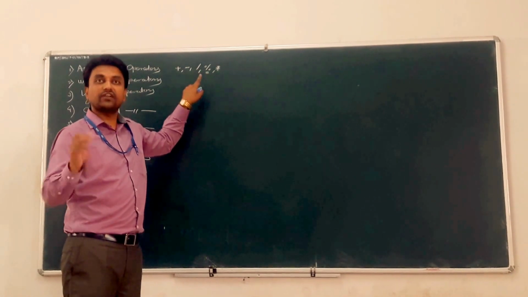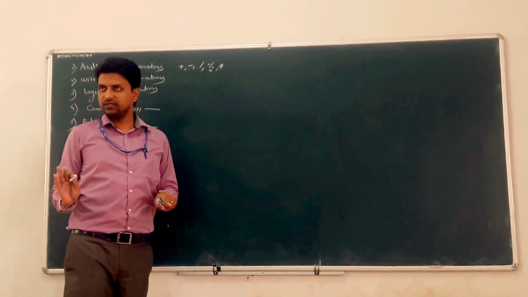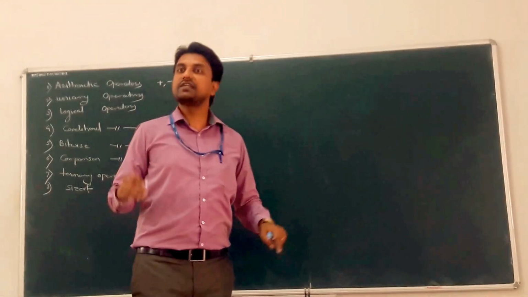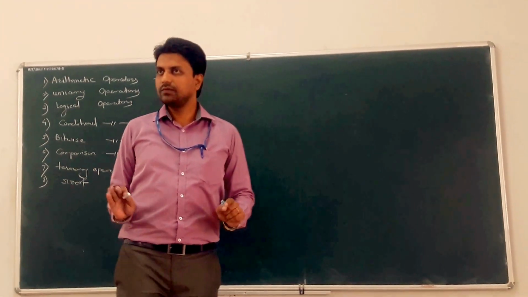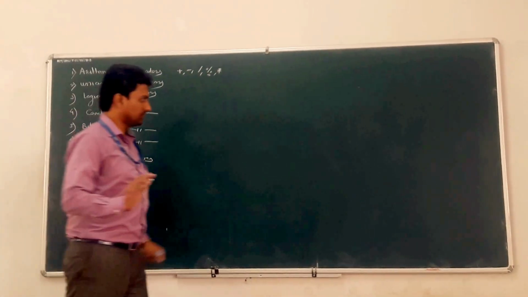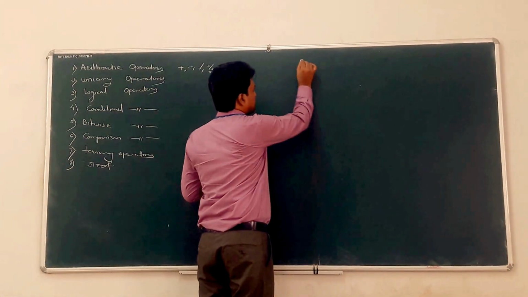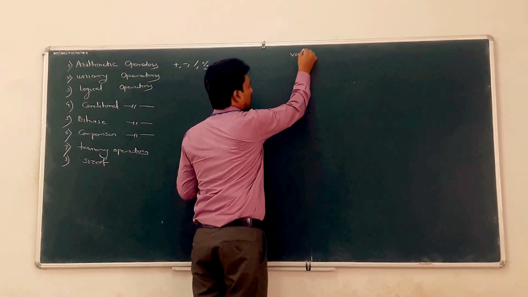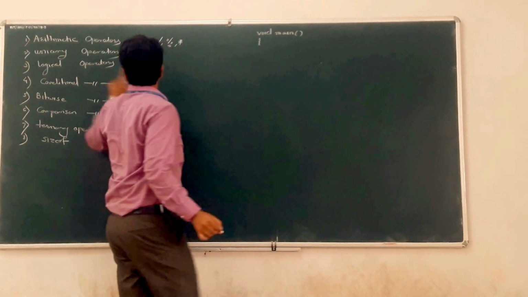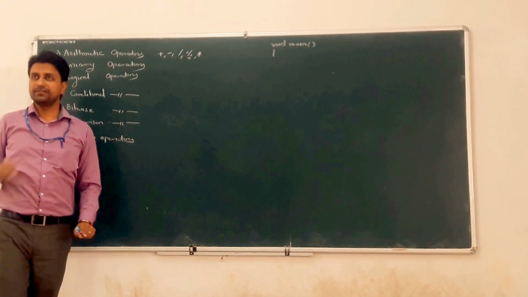These are two different operators in C language. Mathematically you might use the mod operator for division also, but here these two are different. So what is the use of that? Take one example. void main. All these arithmetic operators are binary ones.